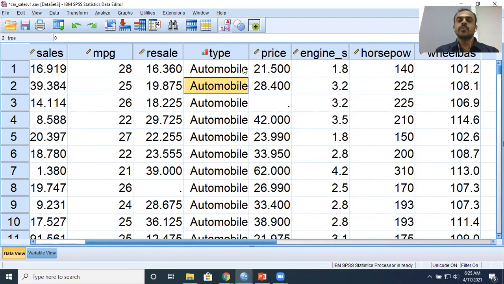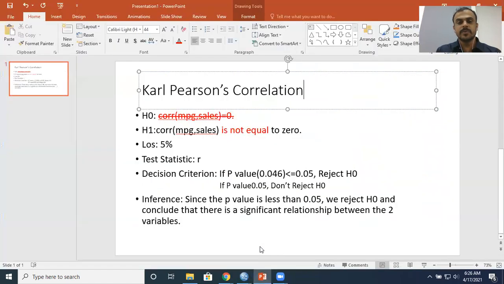We have included both sets of vehicles, automobiles as well as trucks, and proposed one correlation table, which may not be the right thing to do. I was showing you just as a demonstration, but ideally you may want to split the data set so that for automobiles you do a separate correlation table, and for trucks a separate correlation table. Now, how do we do this? There is a second episode.